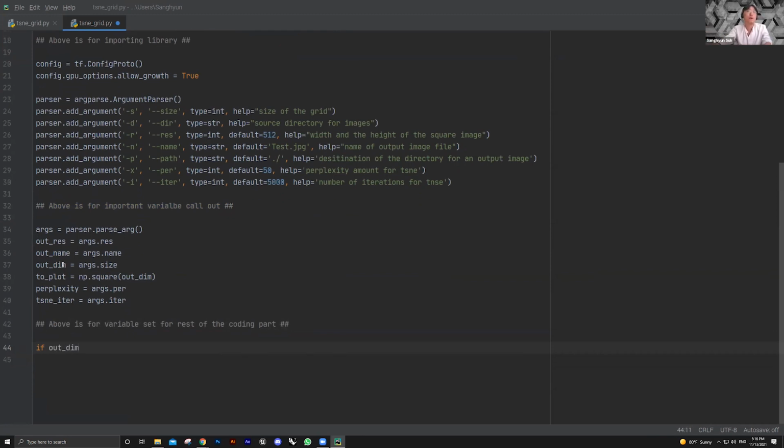So as you define here, the arg size. This size is what we call the out dimension. When out dimension is 1... This raise function is for when you pop up an error message or something. Whenever you want to have some sort of error message pop up, you use raise as your function. So when this is not correct,